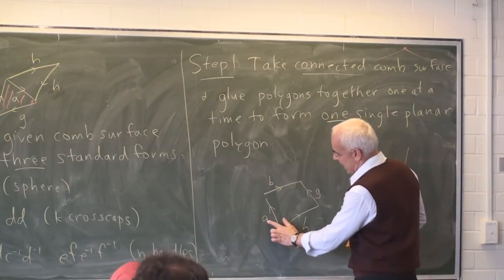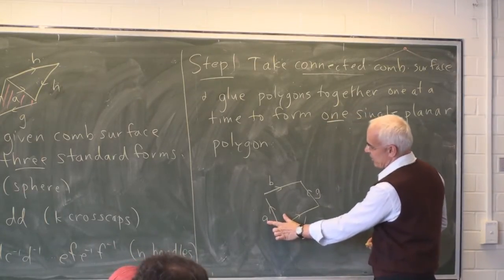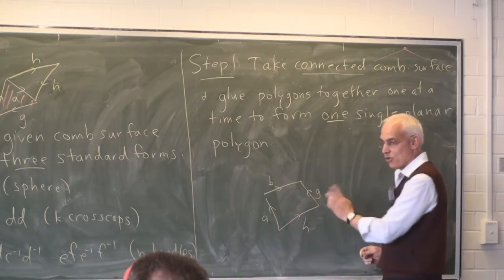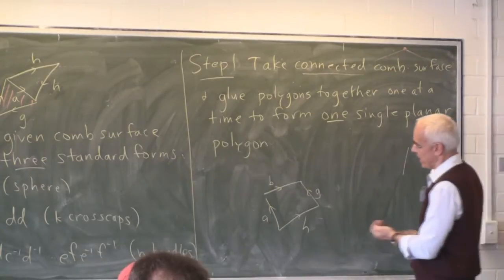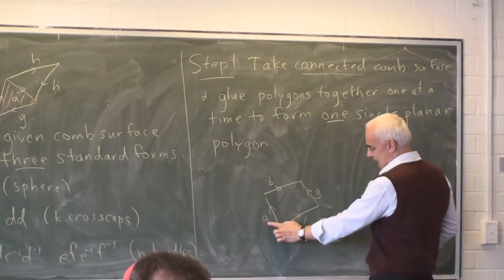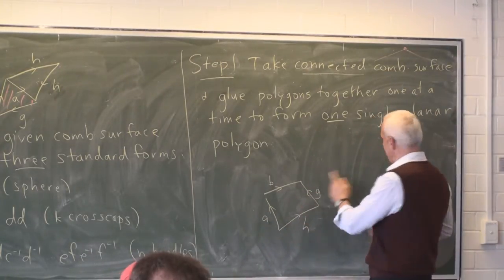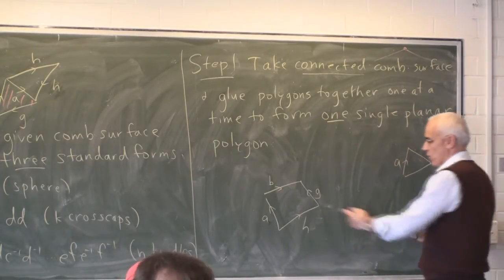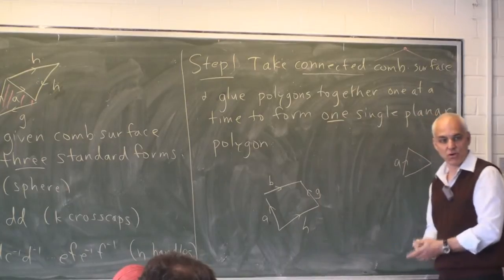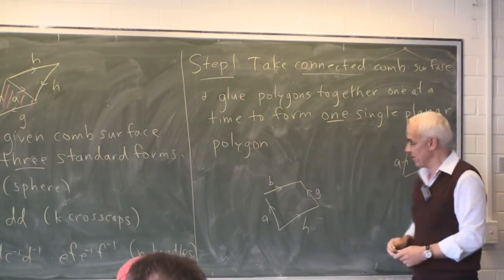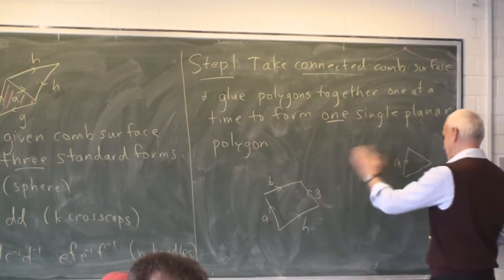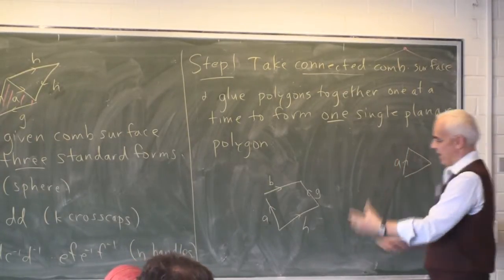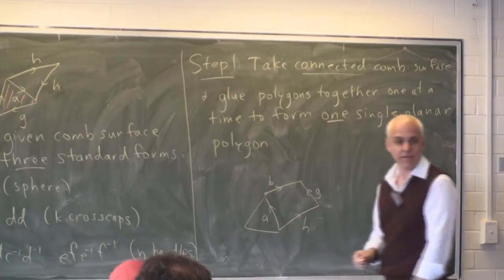Each of these edges A might be repeated somewhere here. So there's at most two A's that appear in the whole thing. But if that A only appears once here, it means that it must appear on some other piece. So we look around here for an edge which only appears once, let's say A, and that means that there's another piece somewhere else that has an A piece, and then we move that piece and glue it on there.